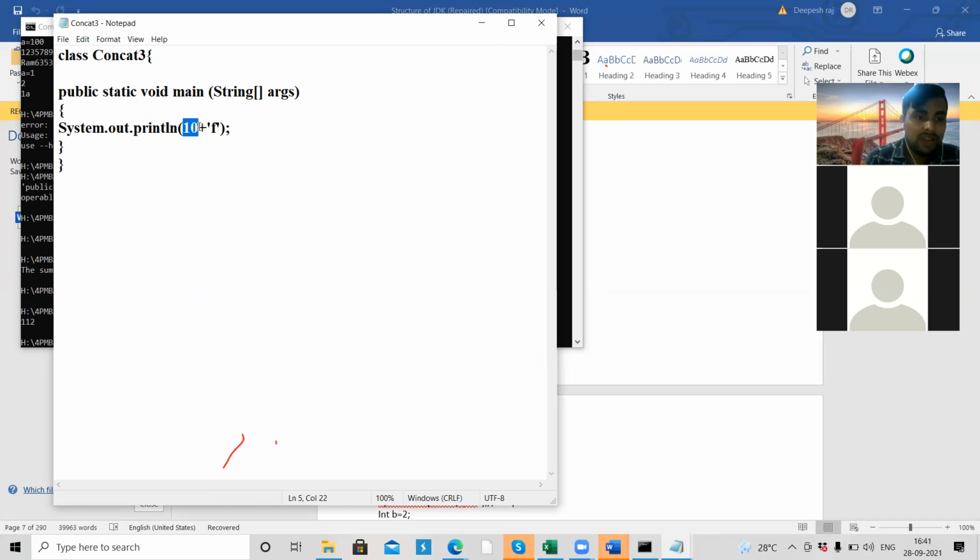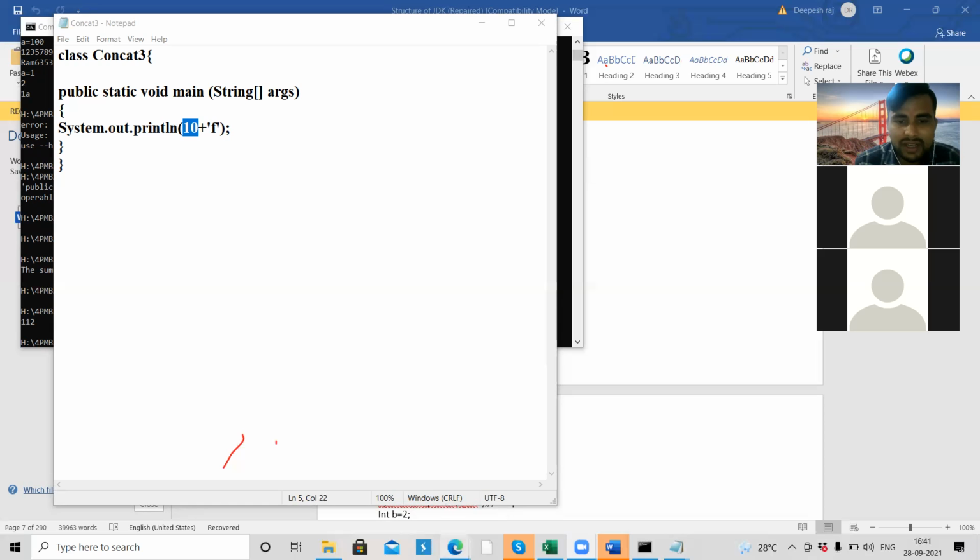But from where are these other values coming? 10 is going to be added to 102. That's why we are getting the output as 112. It's doing a simple addition. But from where is this 102 coming? The f value is not assigned, so I am going to explain where that value comes from.